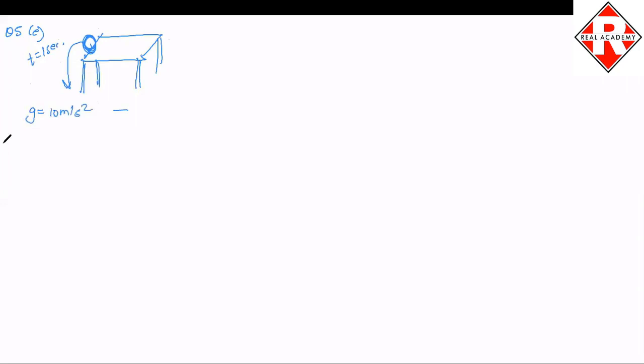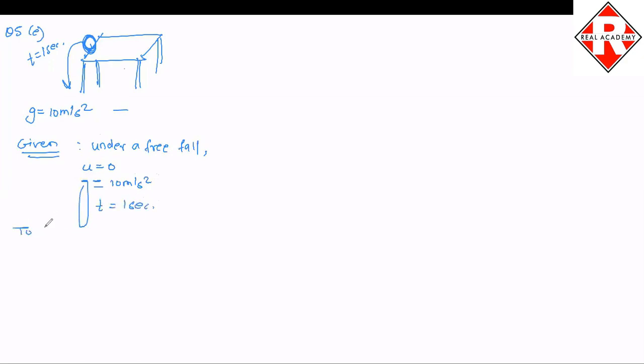Now how do we solve this? Obviously, if the ball is falling downwards and no other forces are mentioned, we will assume that the ball is under a free fall. And if the ball is under a free fall, the initial velocity is going to be 0. Since it is falling downwards, the force of gravity will be positive, that is 10 meters per second square. And t is given to be 1 second.